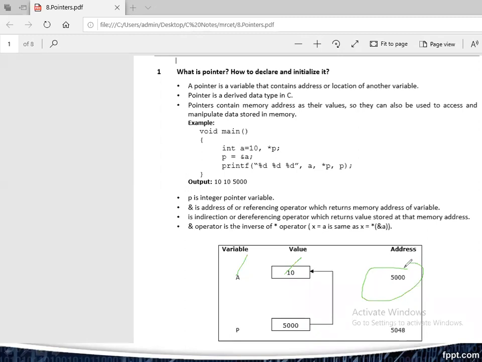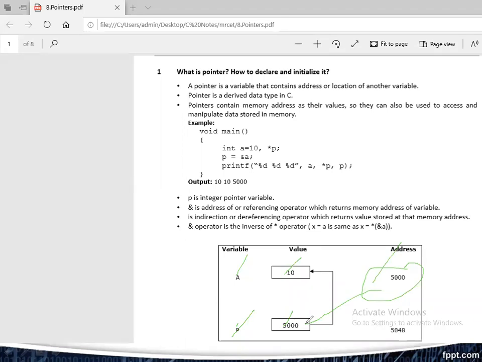Now come to the pointer definition. P is just like a variable. P is also one of the variables that is called a pointer variable. What is the extra behavior of the pointer variable? That holds the address of the variable, but that cannot hold the value. That holds only the address of another variable. Here, what is the other variable? A is the other variable. What is the location of A? 5000. That address is stored in P.